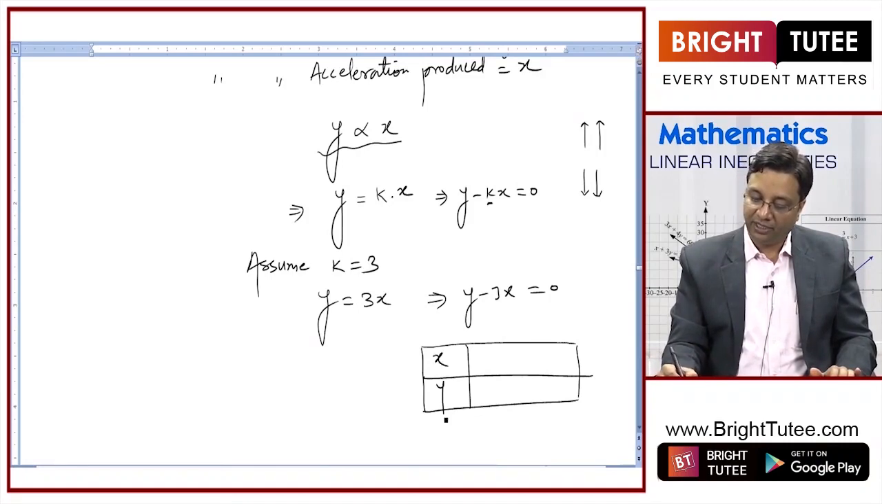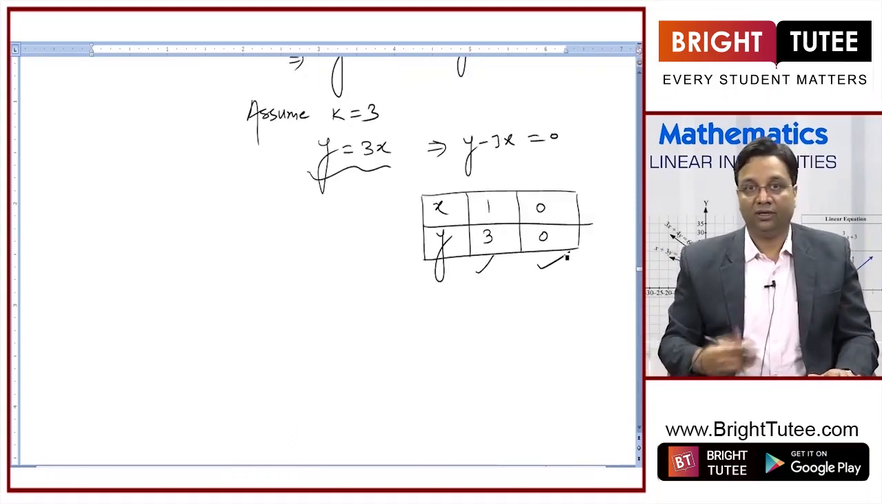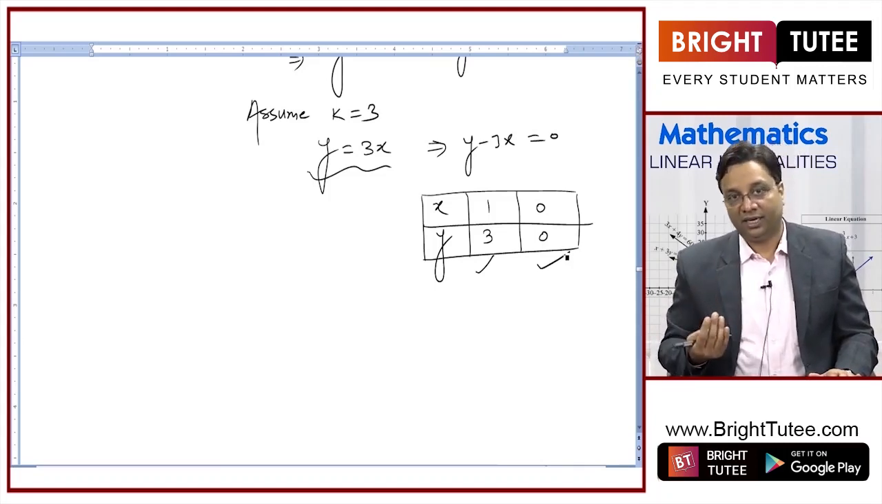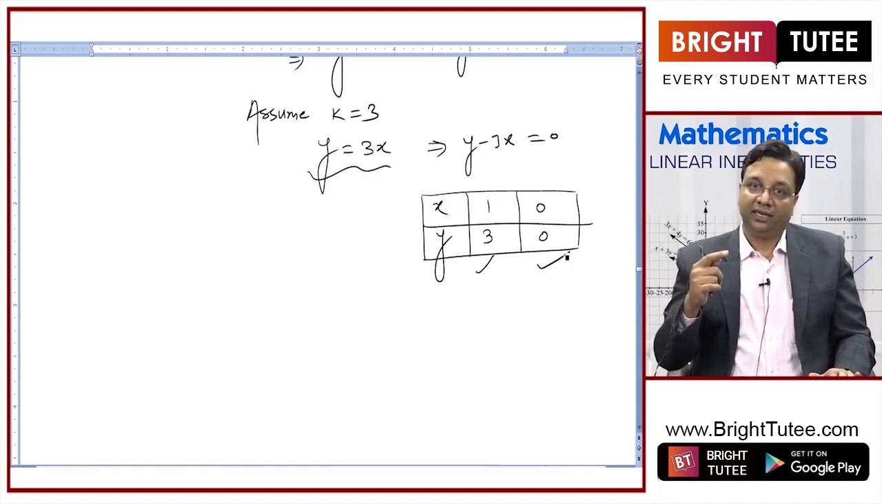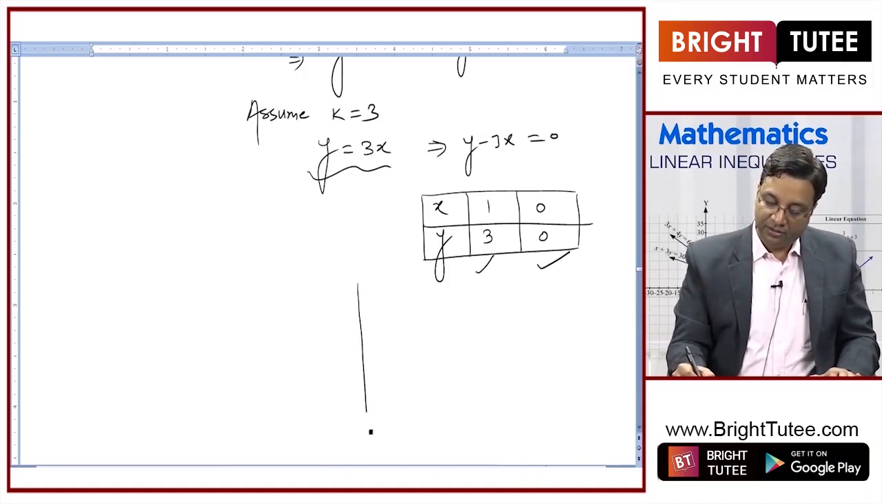Now we can draw the graph by making this table here. Take certain value of x and find corresponding value of y. So if I take x equal to 1, y will be equal to 3. If I take x equal to 0, y will be equal to 0. So I've got 2 points, and I know a linear equation in 2 variables will give me a line as its graph, and it is enough to find 2 points to draw a unique line. So the Cartesian plane,